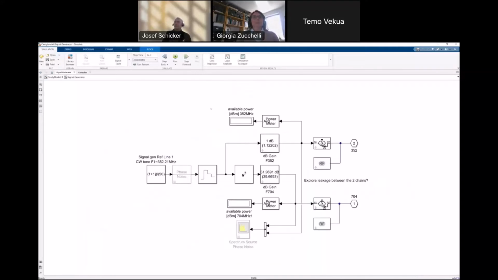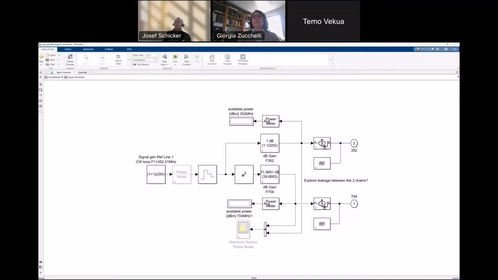If you look at the signal generation, this is fairly straightforward. I just have a CW tone to which I can add some phase noise. Essentially, this is multiplied by the power of 2 because we have two frequencies, one that is double the other.